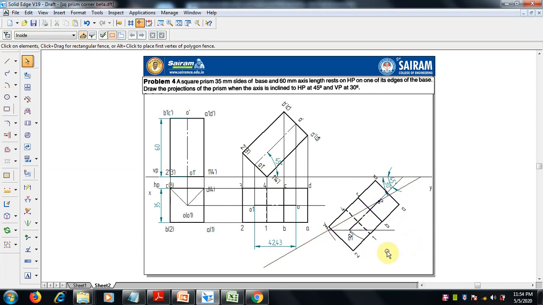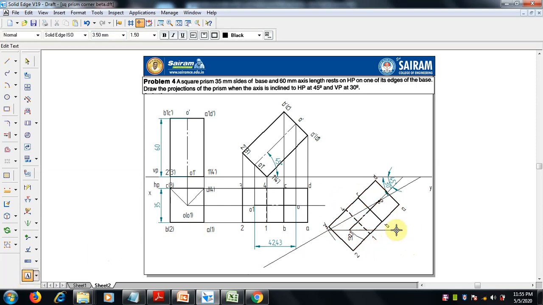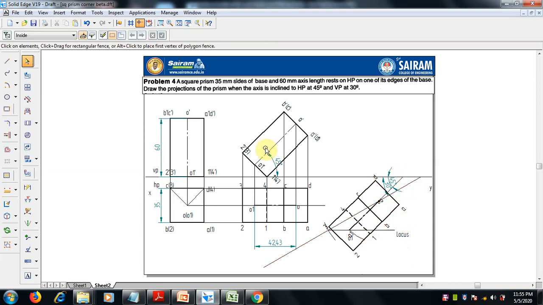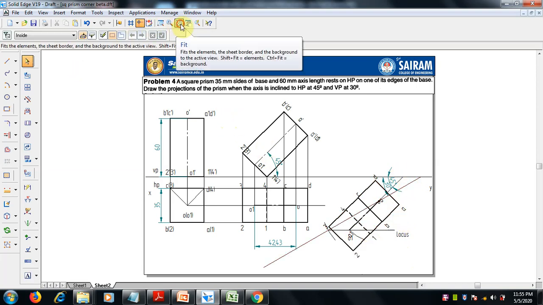This is the final thing that we want to know. In the locus line, we call it the locus line, in the locus line we made the arc. So this is the new position, it should be final. That's it. You can check it now.